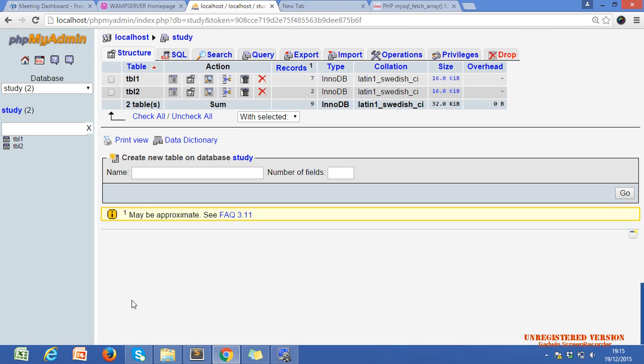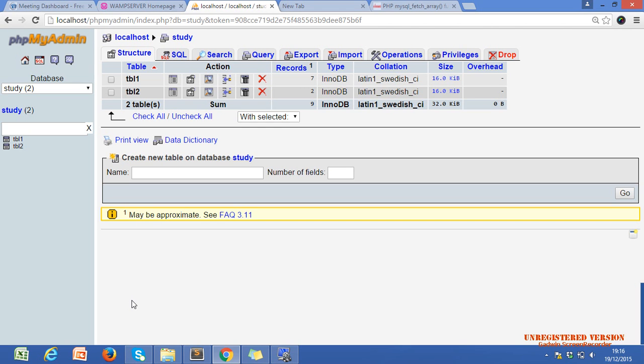I am just talking about the local setup. If you are publishing your website on a real server, there will be one username and one password, and everything will be protected.